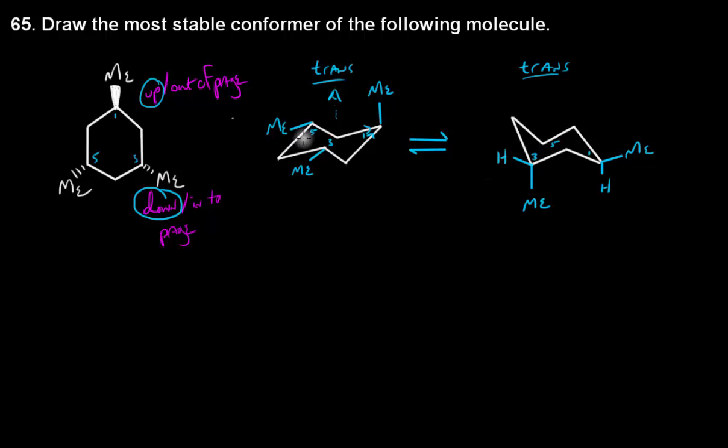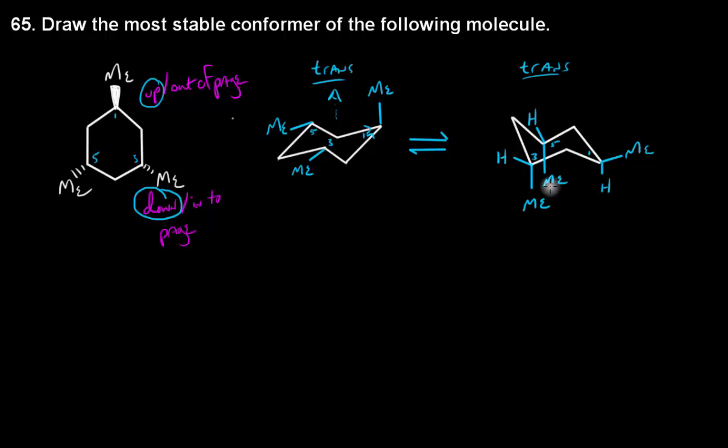And if we look at carbon 5, the methyl group on carbon 5 before the ring flip was pointing down equatorial. After the ring flip, it must still be pointing down, but now it must be axial. So here's our methyl group pointing down, and it is axial. And if we want to draw another hydrogen, we can try to draw one. It's a little hard because my cyclohexane looks a little funky, but this is an equatorial up hydrogen. It's not completely vertical, so this would go by as equatorial. Okay, so now